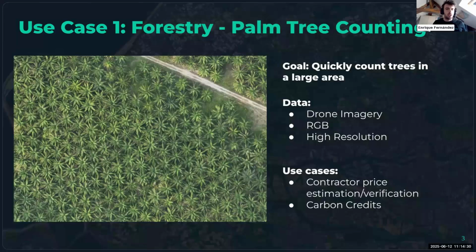Specifically, we want to count palm trees. Now, why would you want to count palm trees? Well, there's a couple of reasons. This is actually a real use case that is quite prominent. One of the reasons might be that in some cases, farmers and in general the agriculture industry might pay contractors to plant a certain amount of trees, and they want to verify that the contractor met the requirements for how many trees they said they would plant, so they can do a quick verification after the job is done. Or if you're on the contractor side, you might actually want to count afterwards to then bill accordingly.